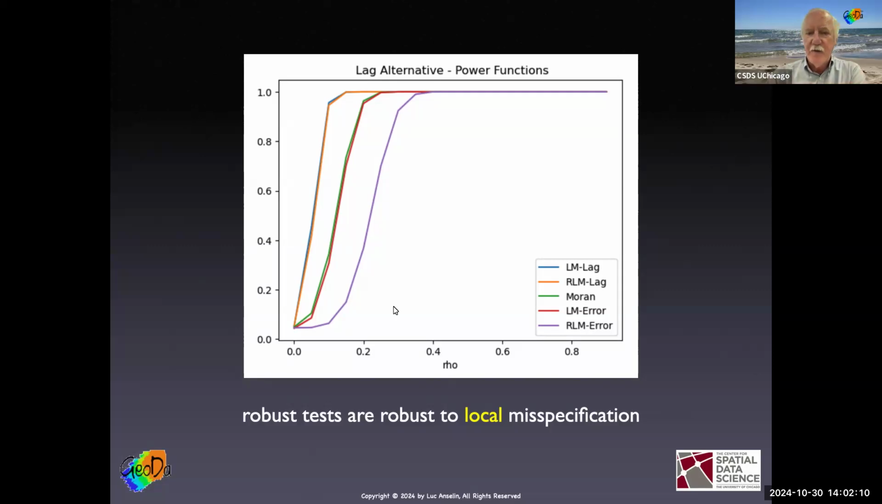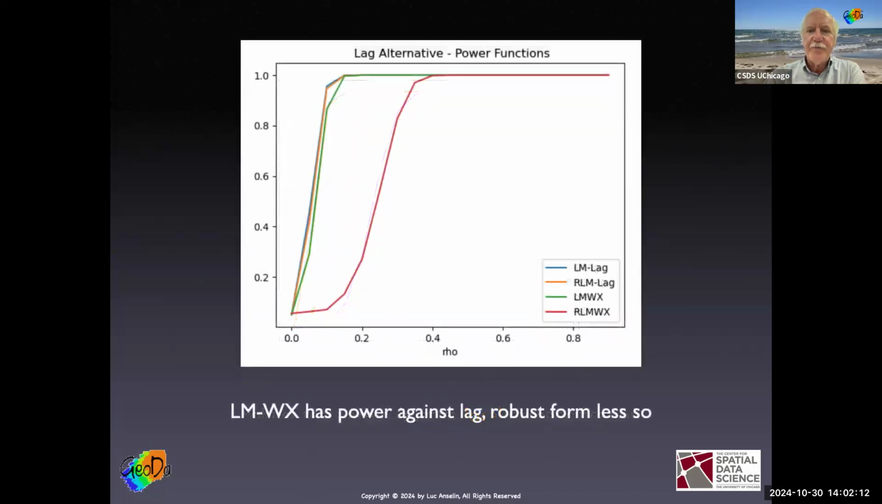So this is one set. This is the second set. The second set, again, LM lag and robust LM lag. These are the leftmost. Identical curves to the previous graph. This is exactly the same thing. Here, the green one is the LM SLX parameter. So this tests for the wrong alternative. This tests for SLX, but in fact, it's a spatial lag